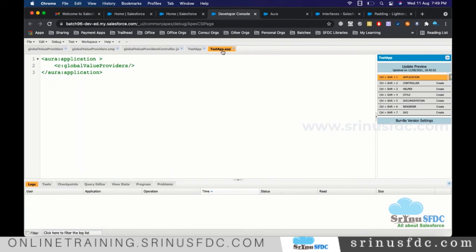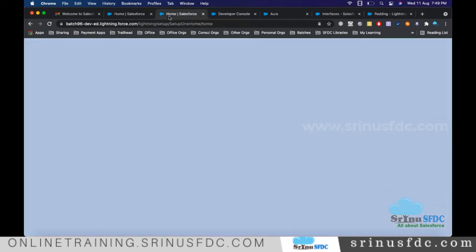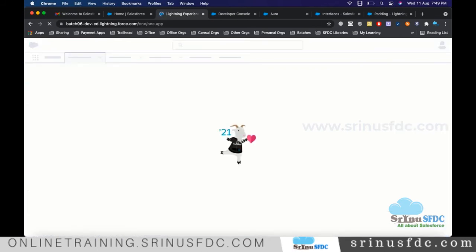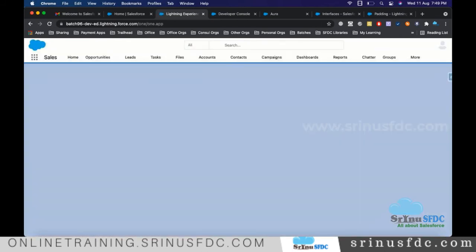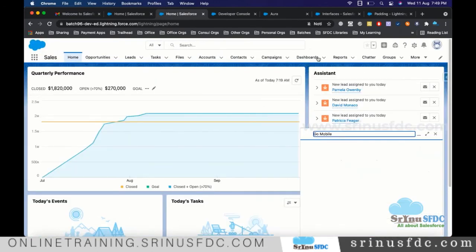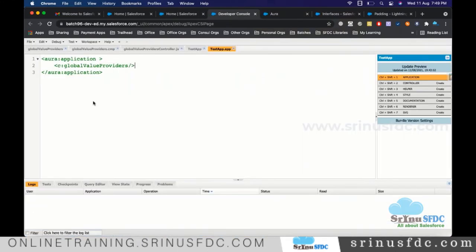But when you add our component directly to one of the application home pages, or to one of the record pages, the styles are applied automatically. But when we refer to the component through the application, somehow the styles are not applied by default. Here, mostly people struggle. So while referring to our component from the application, if you want to apply the styles,